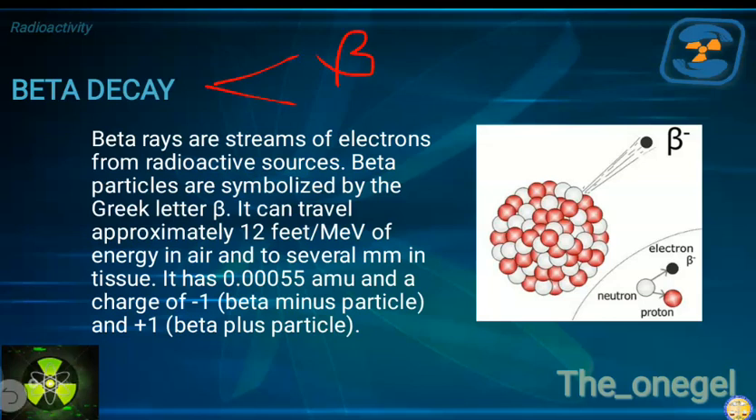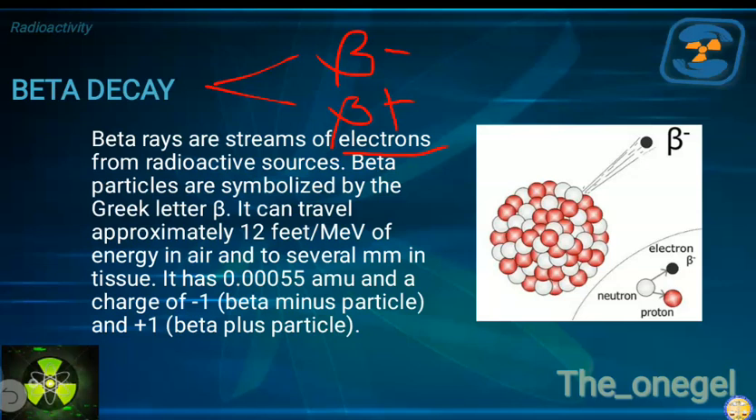Beta. That's the Greek letter for beta. Beta minus. Mayroon din naman tayong beta plus emission. Okay? So, beta rays are streams of electrons from radioactive sources. Beta particles are symbolized by the Greek letter beta. It can travel approximately 12 feet per mega electron volt of energy in air and several millimeters in